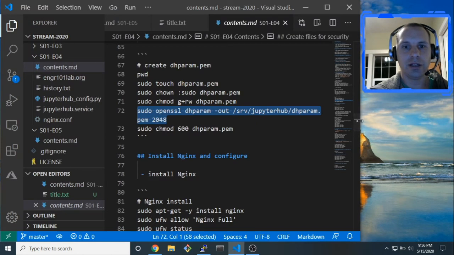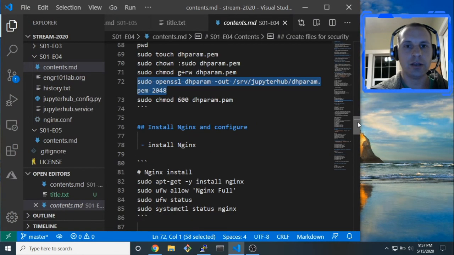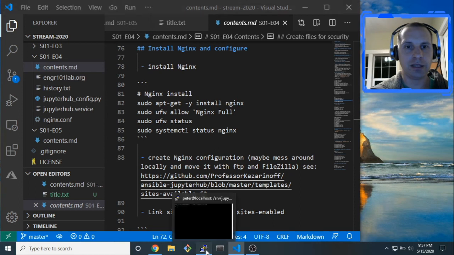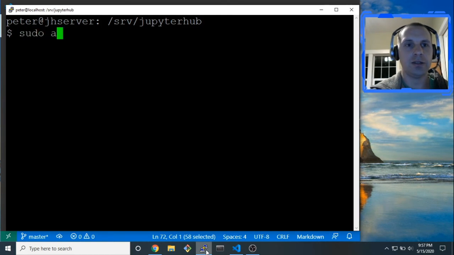Okay, so next what we're going to do is install and configure Nginx. Nginx is a reverse proxy server, and when requests come in from people using JupyterHub, what will happen is it'll first go through our Nginx server, and then Nginx will pass those on to JupyterHub. So we'll install it with a simple apt-get command. So we'll type sudo apt-get -y install Nginx,